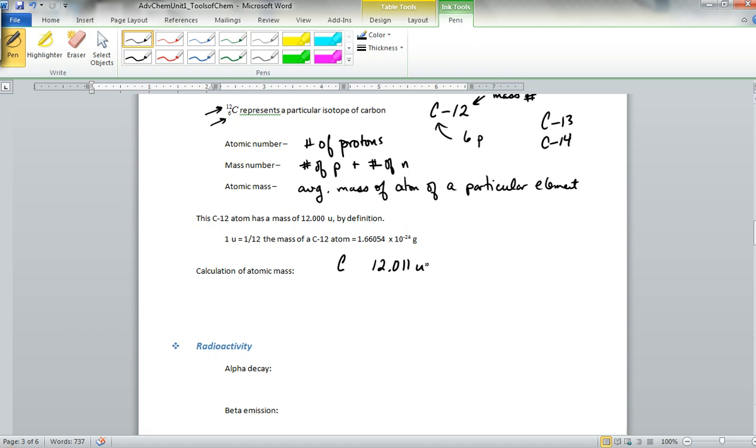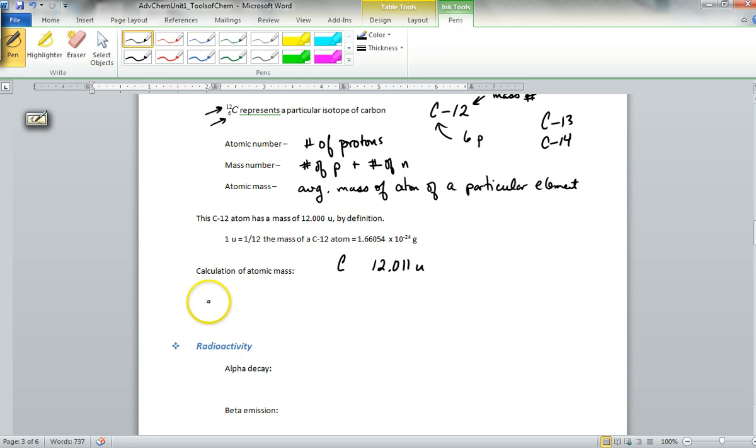So it is not exactly 12, and the reason for that is that we have an average. Carbon samples contain all three of them. So whereas carbon-12 is exactly 12, the mass of carbon-13 is going to be higher, carbon-14 is going to be even higher because it has more neutrons. So how do we calculate this